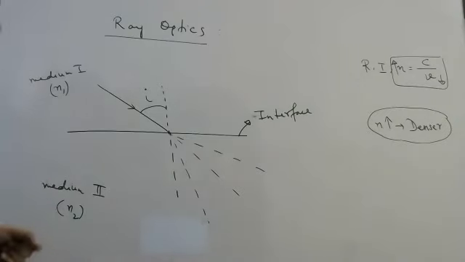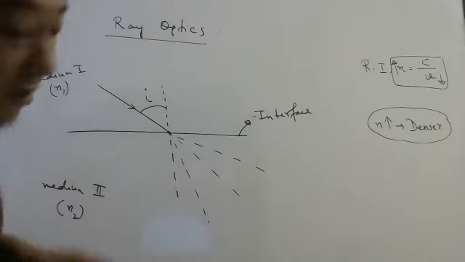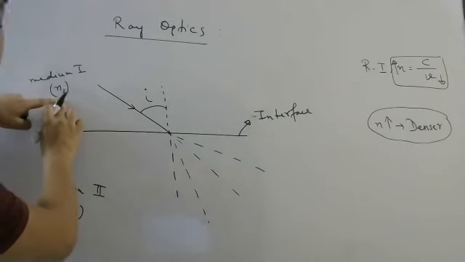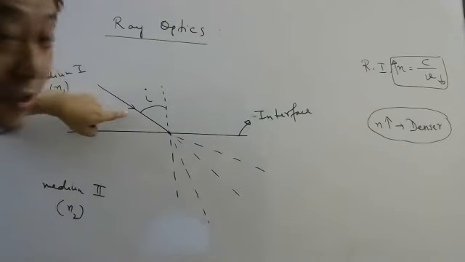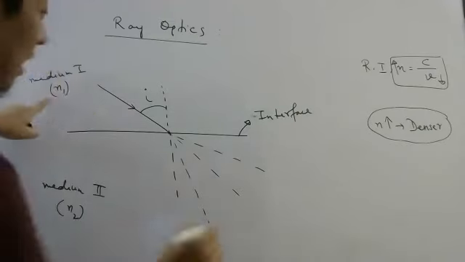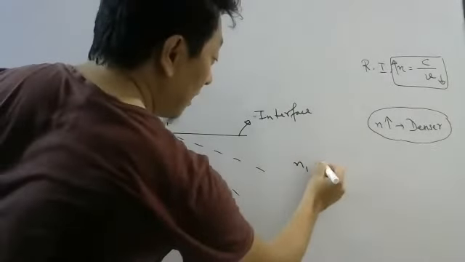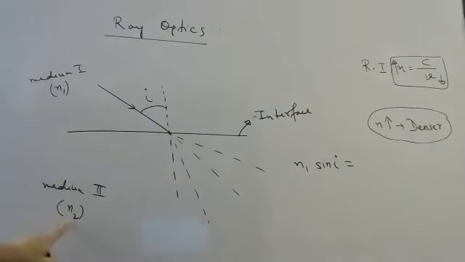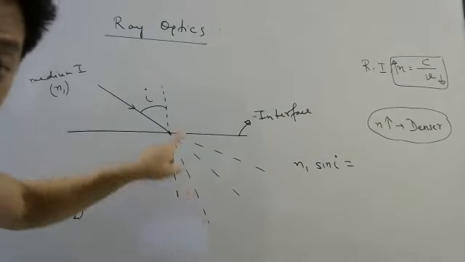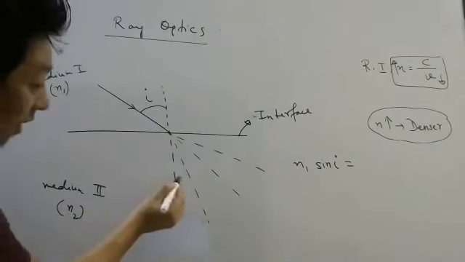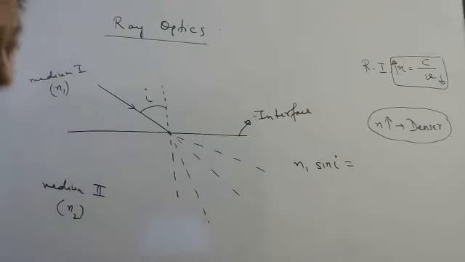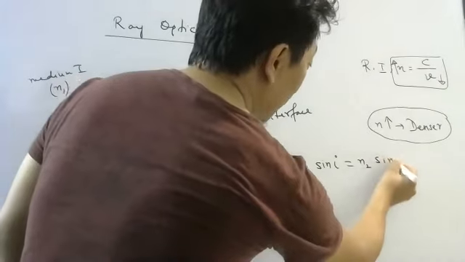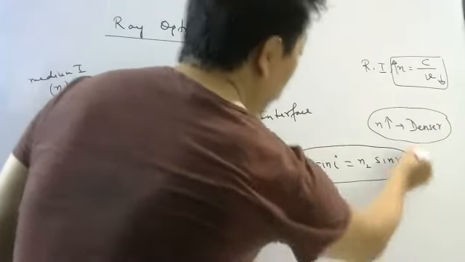How do you write Snell's law? We write Snell's law like this. This N1 is the refractive index of the medium where there is which ray? Incident ray. So we write N1 sin i equals to N2, where there is refracted ray. Refracted ray will have angle of refraction. So N1 sin i equals to N2 sin r. Now look at this formula.